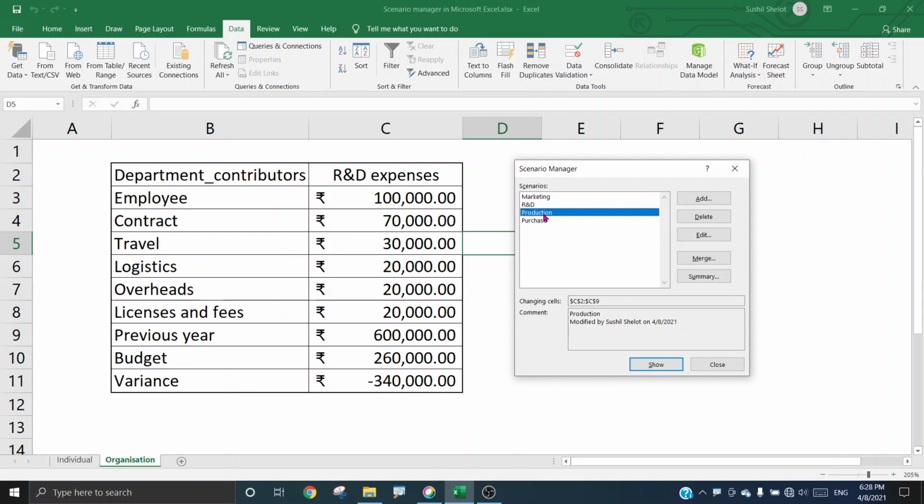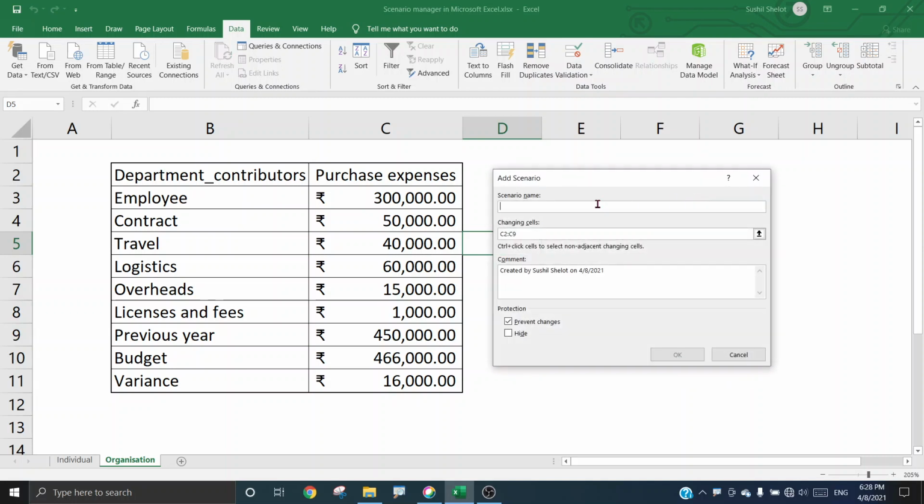If we go to production and if we say show, here it is, there comes the budget planning for the production department, and purchase also has done their own part. Now friends, as I told you, I'll explain to you how this scenario manager is to be created. So the first tab here is add. When I say add, it comes here, the scenario name. I can give the scenario name as say